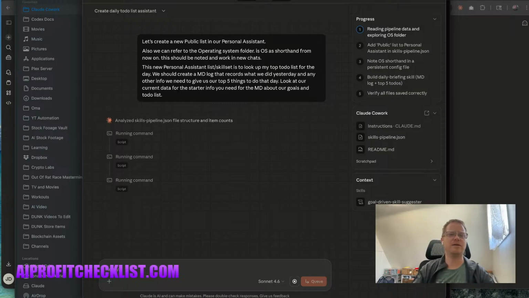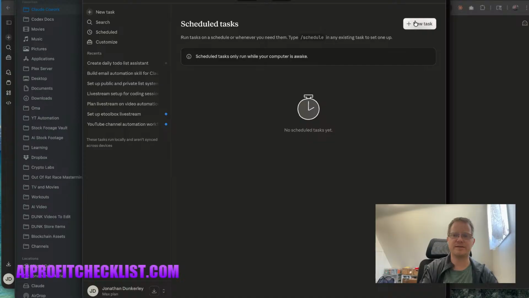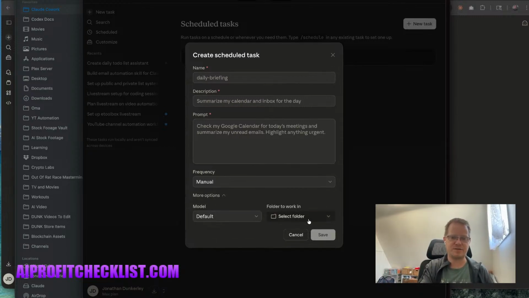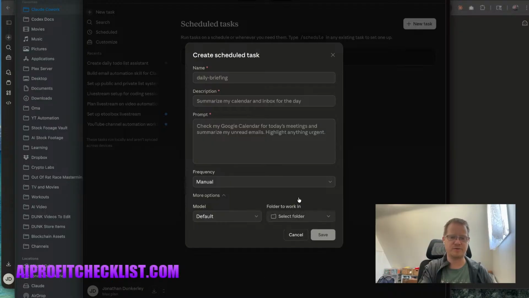But I mean, you can see right here, this is working on it. You can schedule tasks here. You give it a name, a description, a prompt, which is basically the main instructions. Then you can give it access to folders. So I could give it access to my Claude Cowork folder, which has everything. You can tell it what model you want to use. Sonnet is what I've been using recently. So if I want to just use Sonnet,